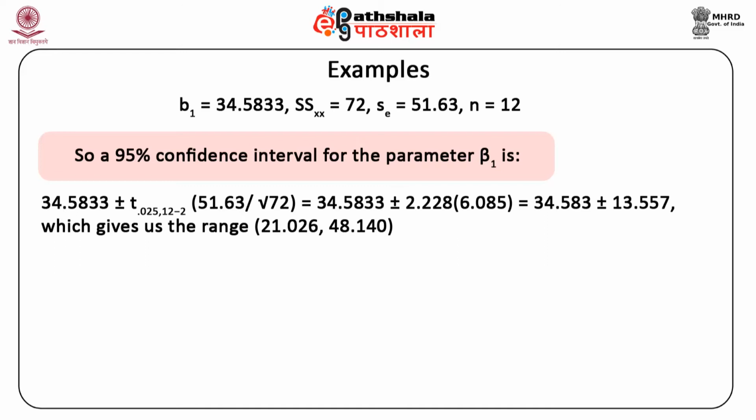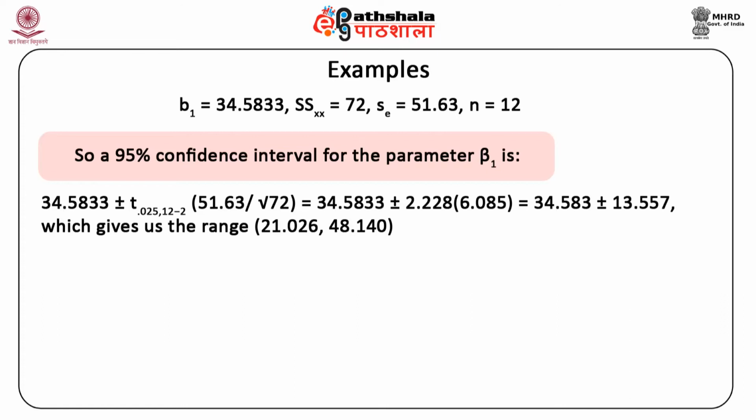On simplification, this is equal to 34.5833 plus minus 2.228 into 6.085. And again, on simplification, we get this equal to 34.583 plus minus 13.557,